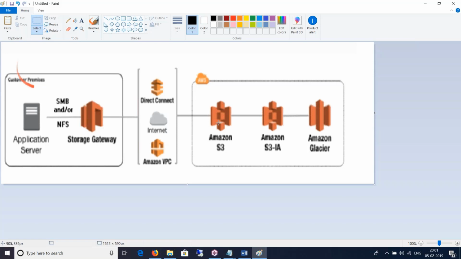And then you can write another rule and say, if the object hasn't been touched and is still sitting there for over 90 days, then move it to Glacier, or maybe delete it after 360 days. So these are the lifecycle policies that can be written on the S3 bucket. So this is the architecture of the file gateway.